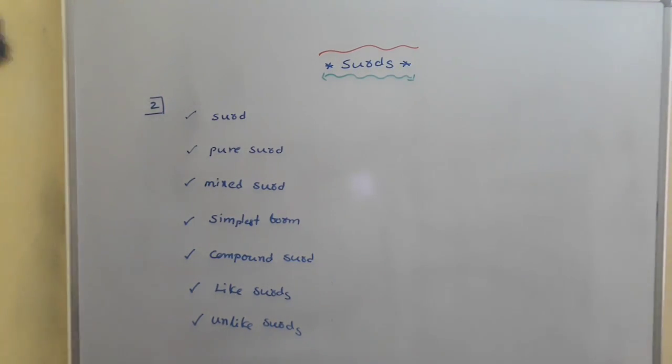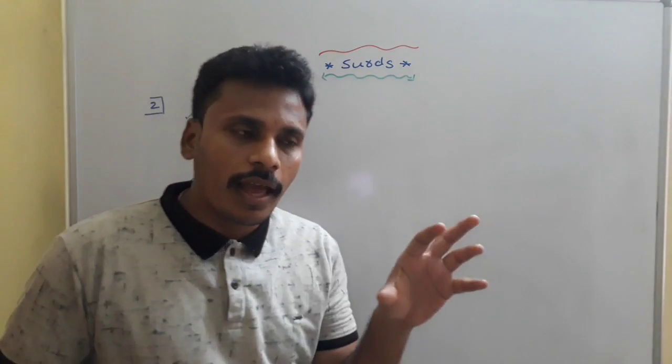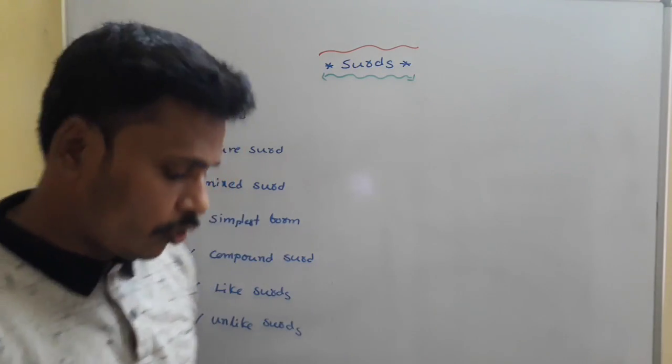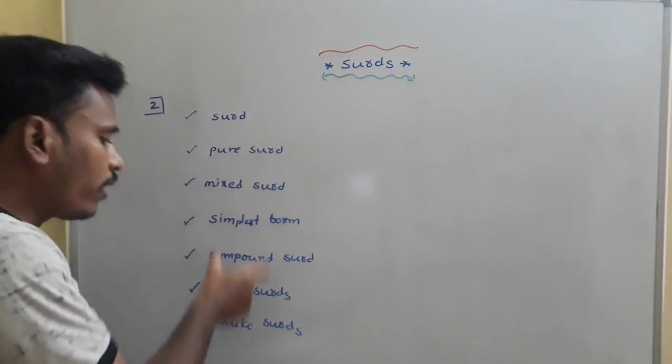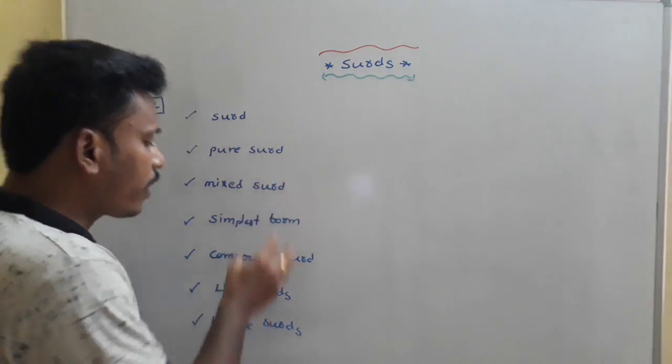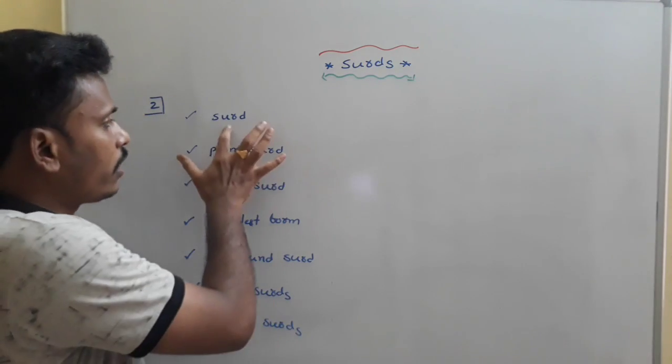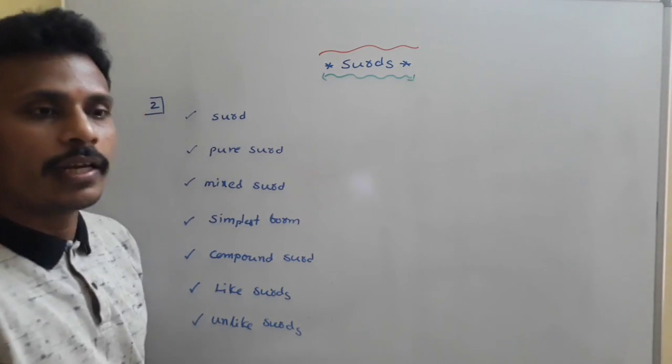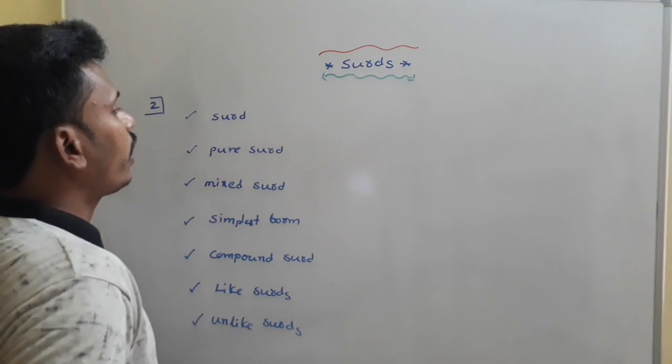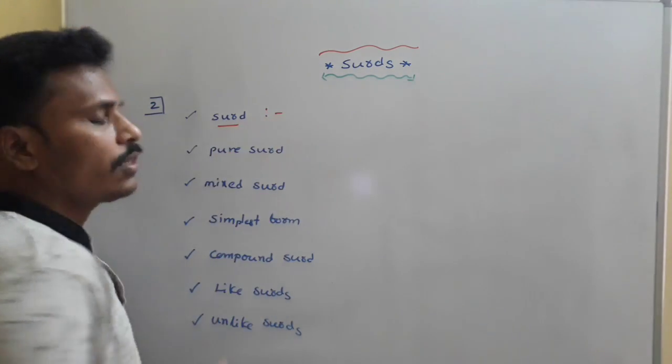So in the first point we learned about the laws of nth roots and the definition of nth root. Here I am going to give you the definitions and some examples related to this one. The definition of a surd, along with the types of surds. First thing is the definition of a surd. What is a surd?